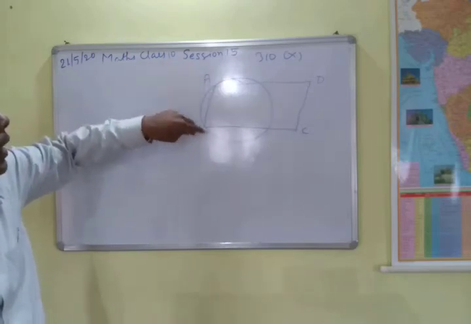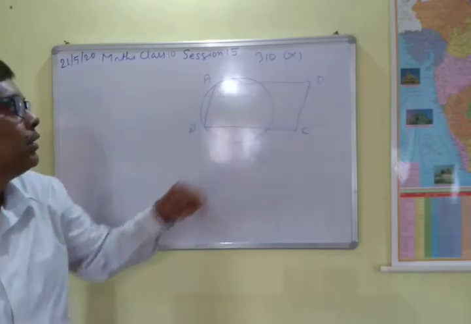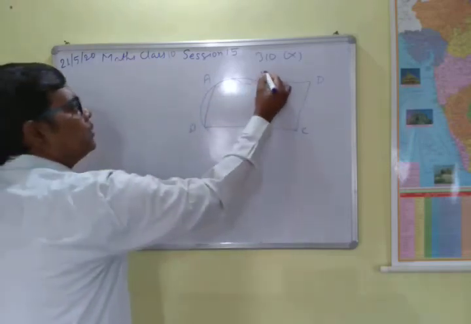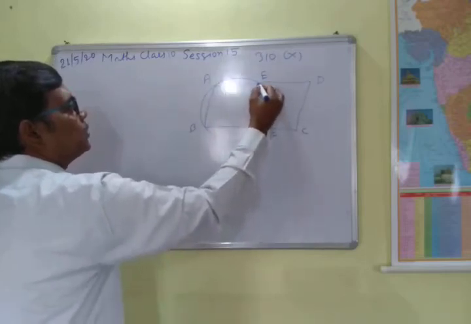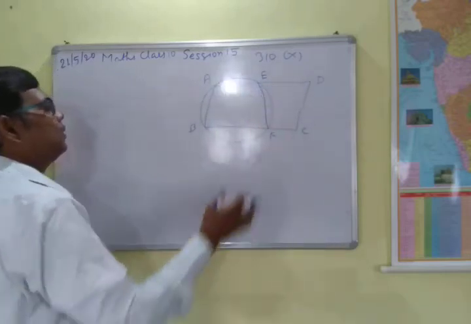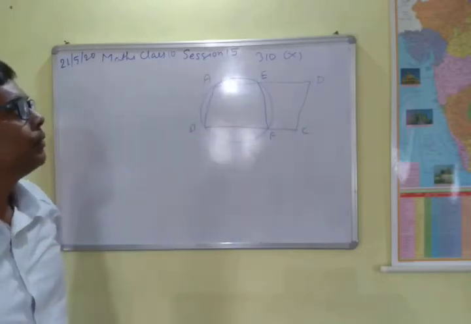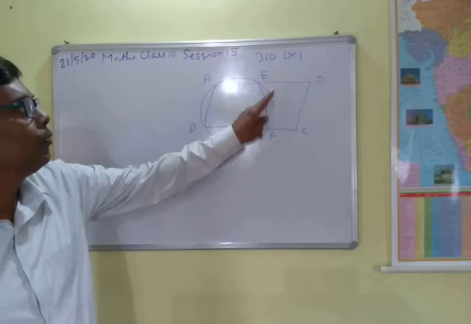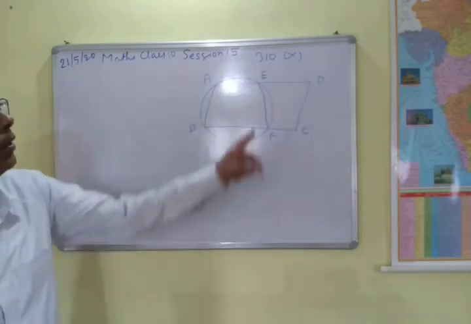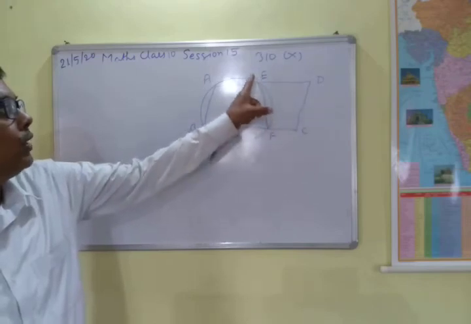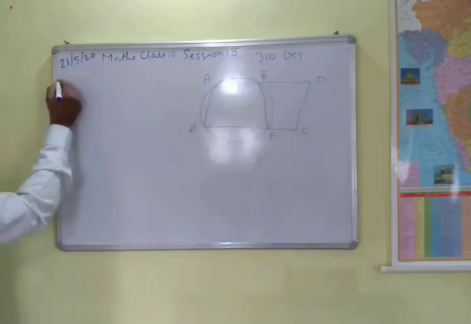A and B, and this circle is intersecting the sides AB and BC at E and F. Okay, this is E and this is F. So then join this, and then we have to prove that now ABFE is a cyclic quadrilateral here, but we have to prove that the points E, F, C, D are also concyclic. Means if you draw any circle through points E, F, C, D, then it will pass through this. That is the point to prove here.